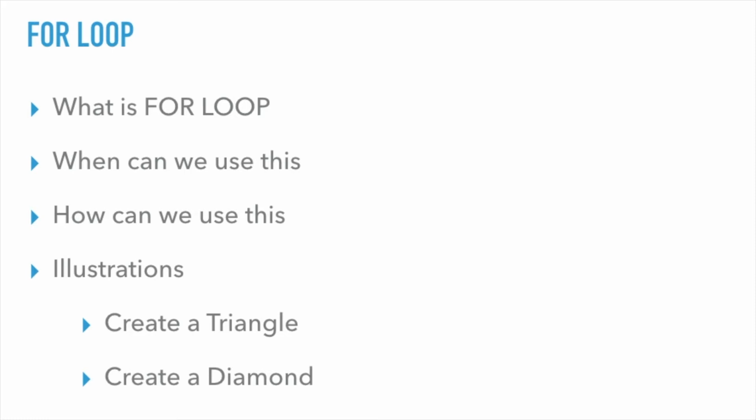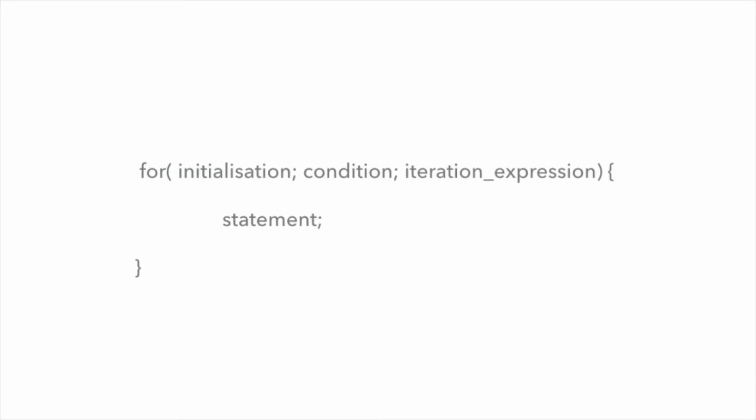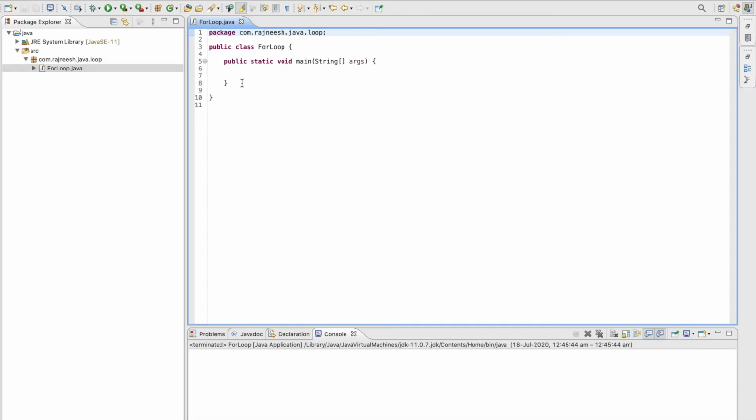And for this, we need to go with the syntax of the for loop. The for loop syntax starts with initialization, which is executed once at the beginning of the loop, while the condition is checked at the beginning of every iteration, and if the condition is false then the loop is terminated. So what is the iteration expression here? It is just the increment or decrement that we will do, or we can write some statement here as well, right? After that we will go with a simple example, and there we will show how we can write a for loop statement.